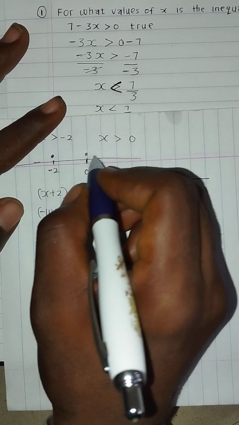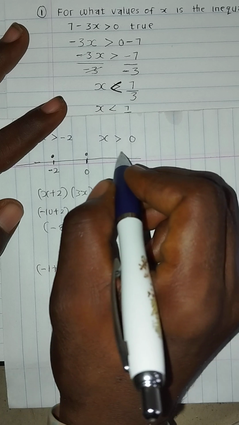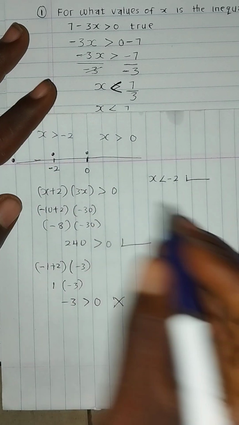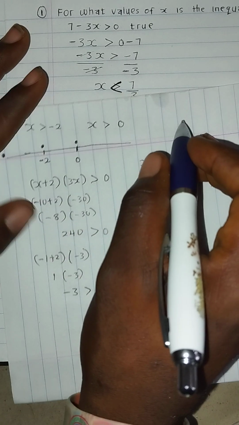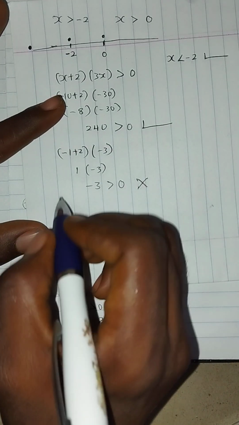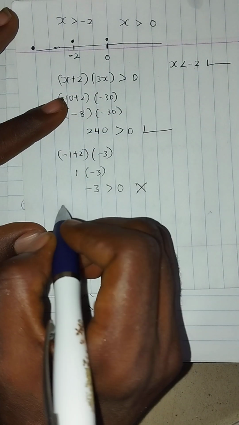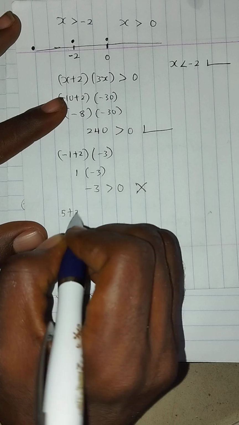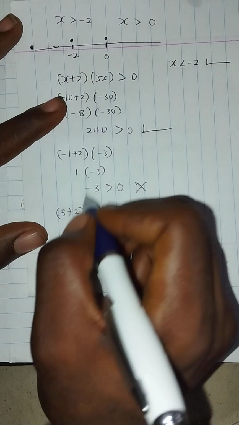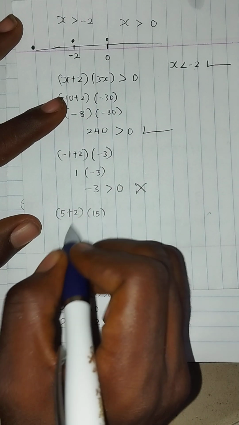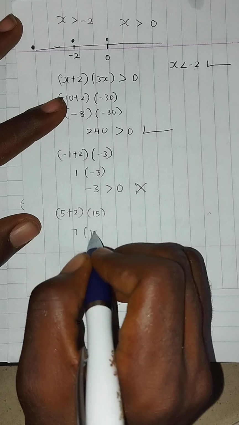Now, let's check from 0 upward. Pick any number from 0 upward. Let's pick 5. You can pick 6, you can pick any number you like, so I just choose to pick 5. Let's put 5 inside this inequality. 5 plus 2, and 3 times 5 is 15. 5 plus 2 is 7. 7 times 15